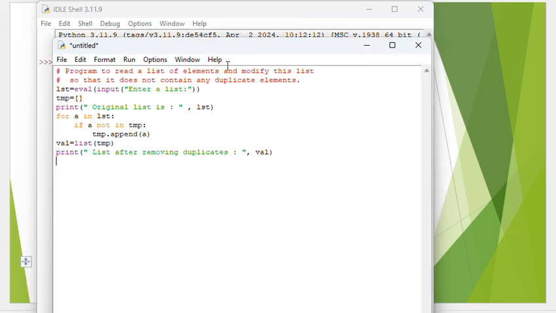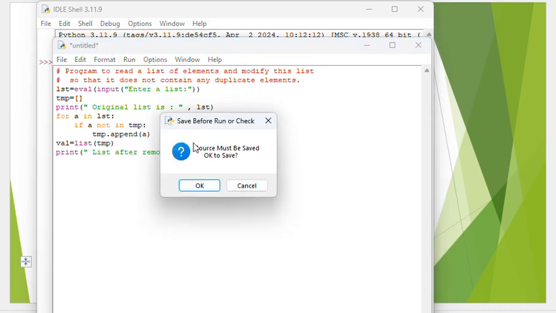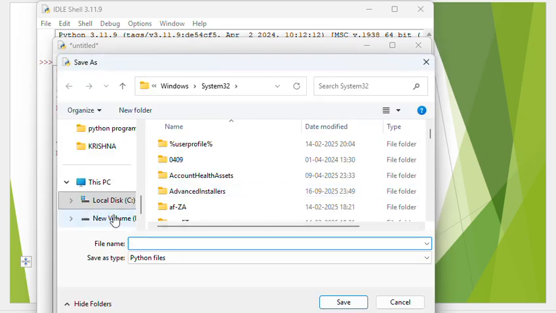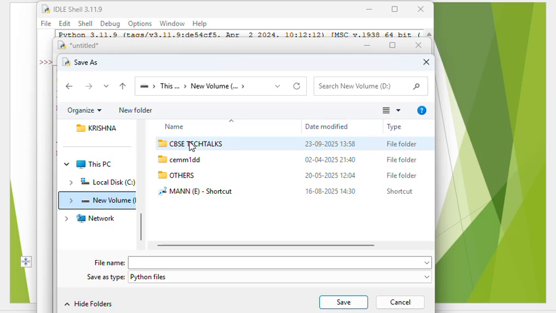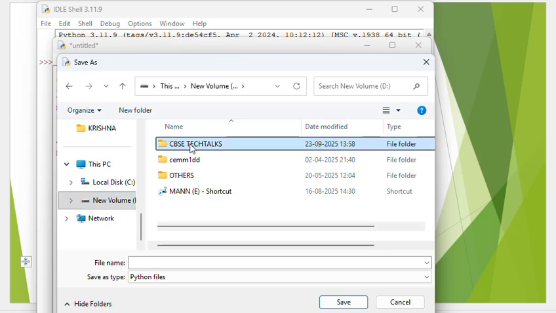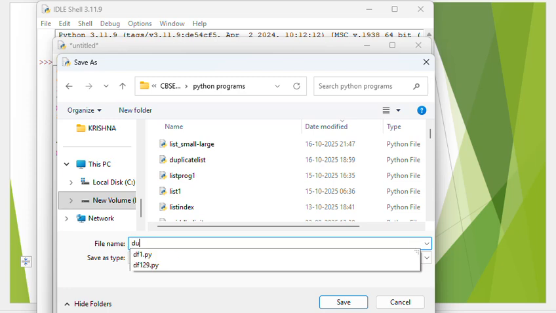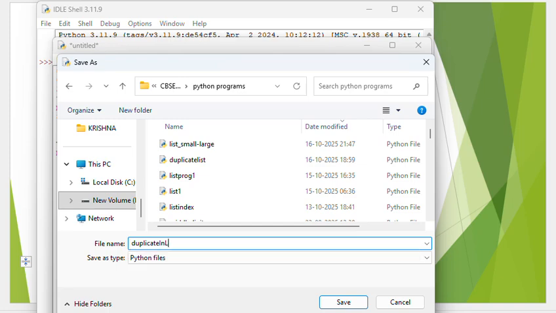So I'm saving it. I hope all the statements are in proper indentation, otherwise we have to do the indentation. As there is no error, it is absolutely fine. Now I have to save the file, so I am opening the location where I generally save my files. So this is the file for duplicate in list, you can say in list. Okay, so save,